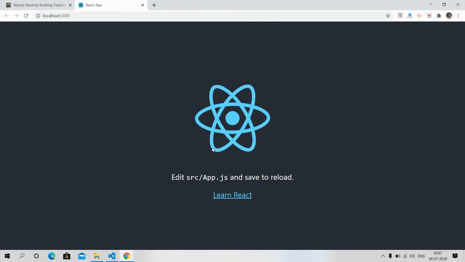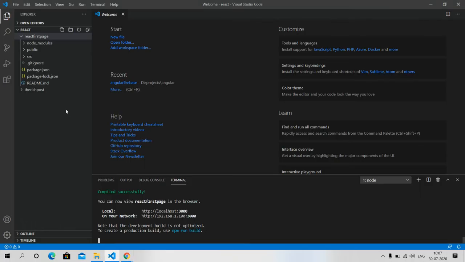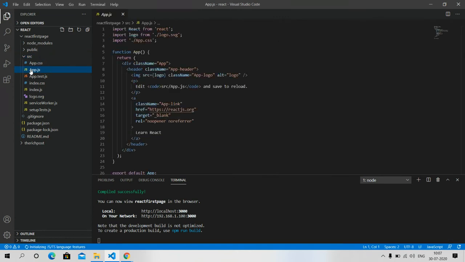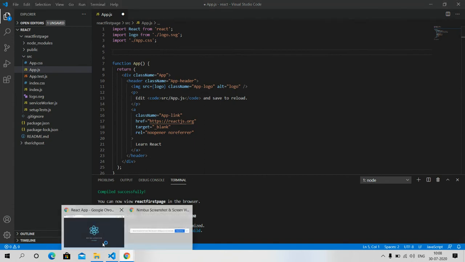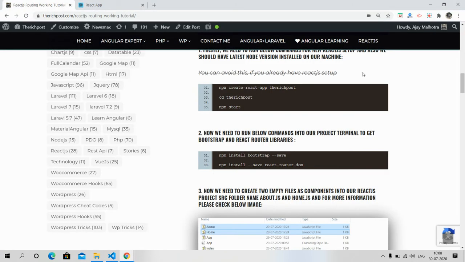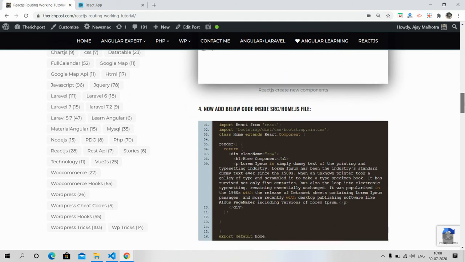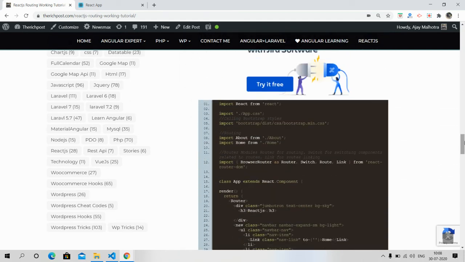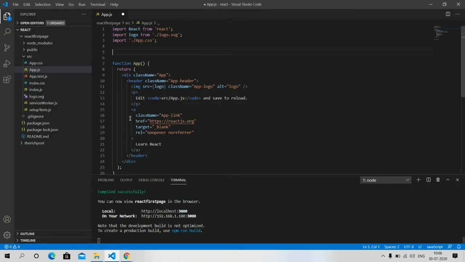So friends, look, now I will go inside the src folder, and here is our main file, App.js. Now I will add this line to get Bootstrap.